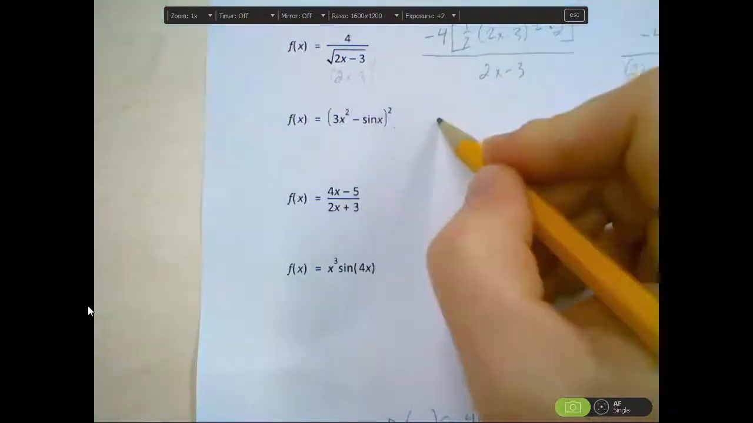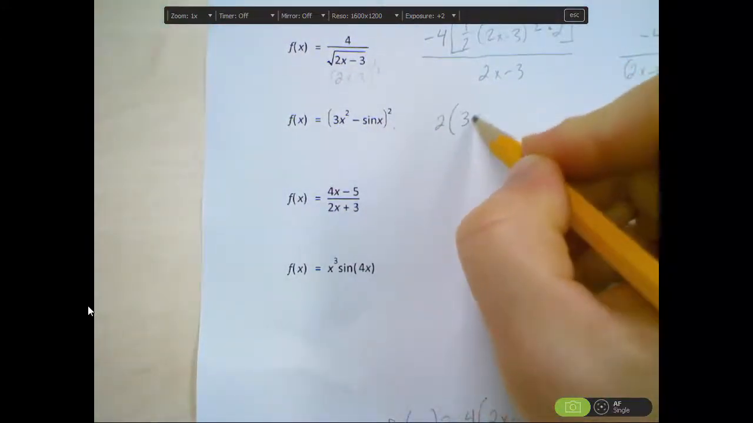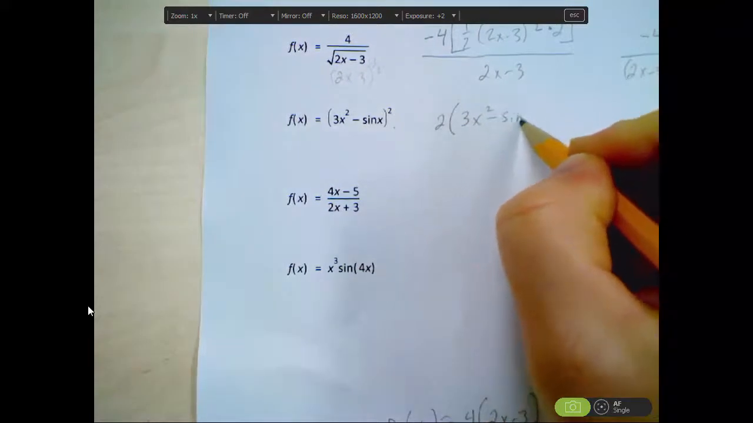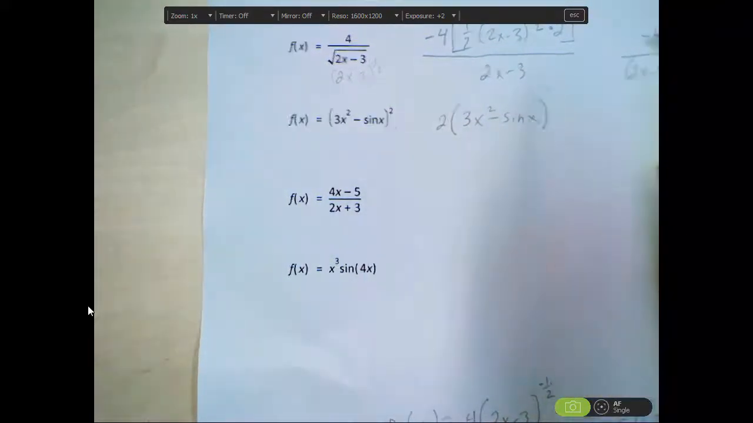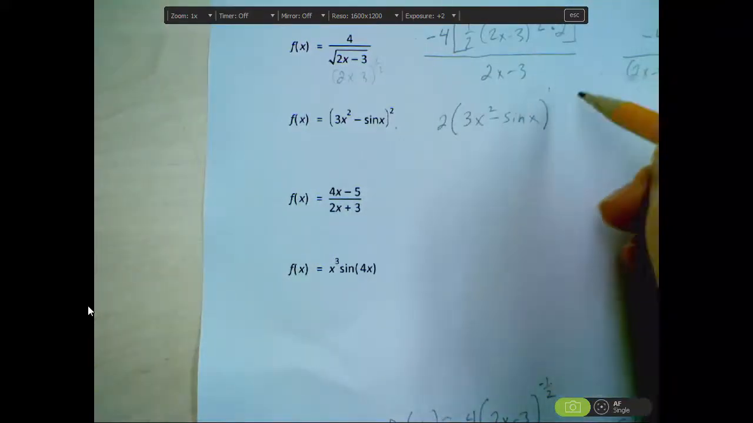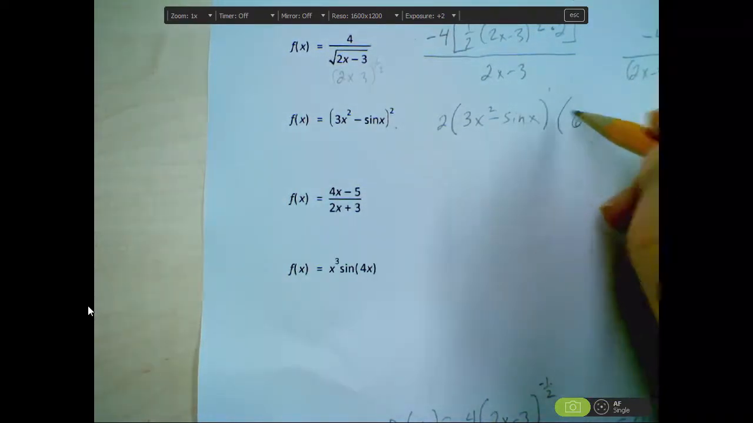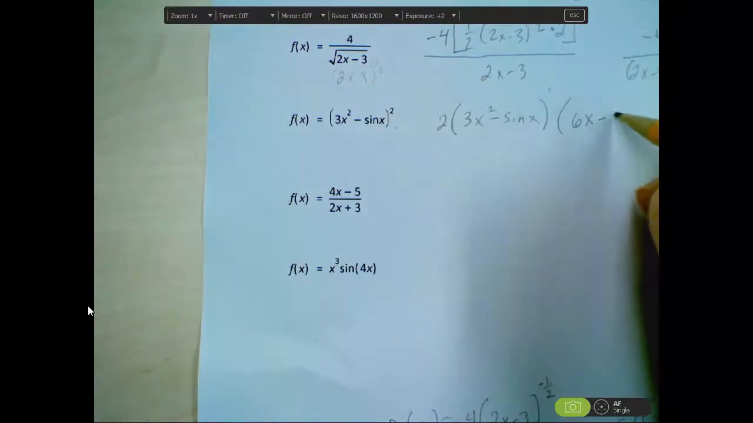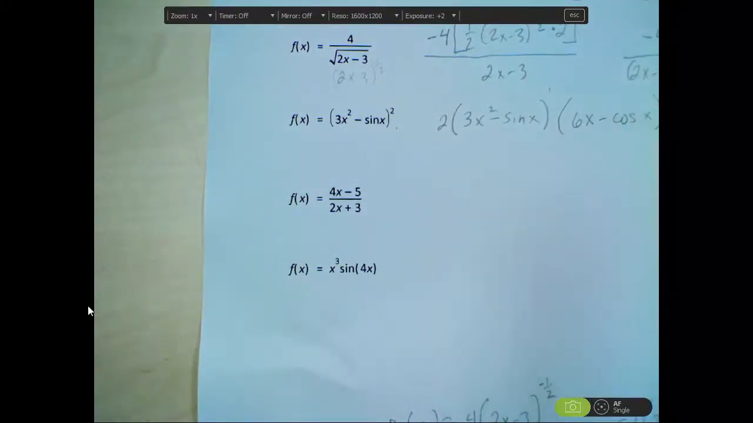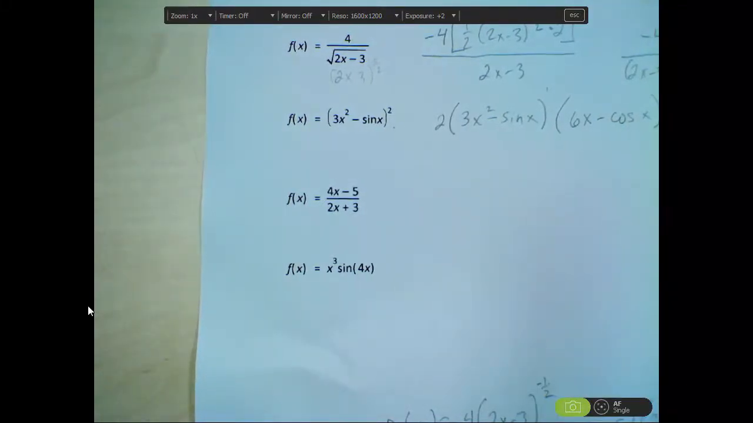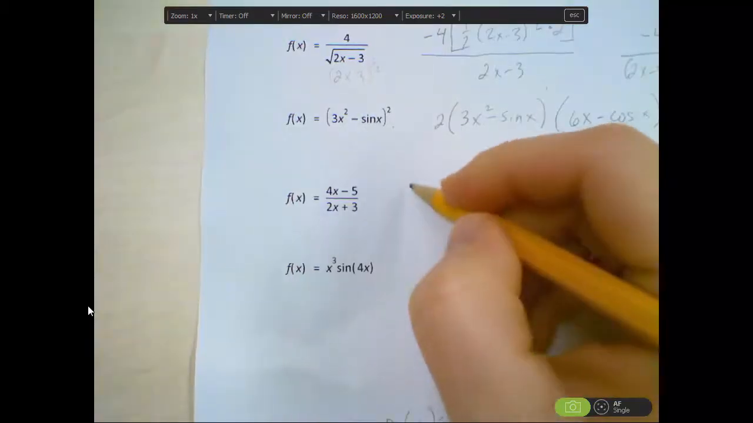Here's the chain rule again. Take the derivative of the outside, leave the inside alone. I'm going to put a 1 there just for show. Times derivative of the inside, which is 6x. Derivative of sine is cosine, so minus cosine x. That's it. And then here, quotient rule, bottom